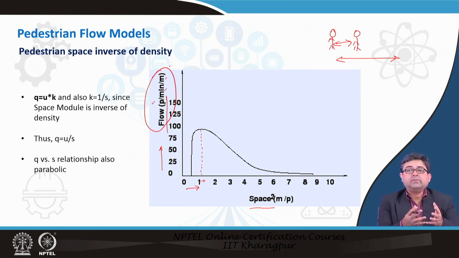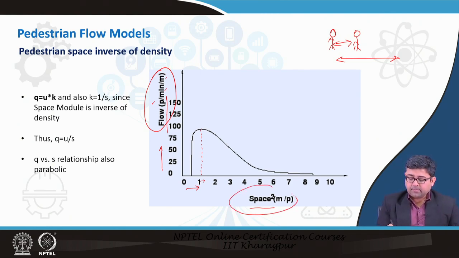You will see many times there are wide footpaths, but hardly any people are walking on them. The one or two people that are walking have an ample amount of space, but the flow, which is the total number of people moving across a certain point per minute, is very less. Optimally, just about 1.1 meter square per person is enough to have a very high